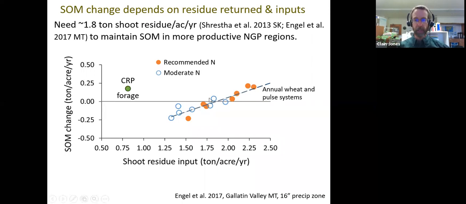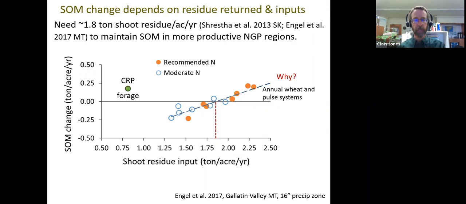All these dots here are for an annual wheat system or wheat plus pulse system like I showed on the previous graph, and notice they fall in a really tight line. What this tells me is that the more shoot residue you leave, the better the chance that you'll increase soil organic matter. And it also looks like the more you apply nitrogen, these orange dots, slightly better chance that you'll increase soil organic matter. Notice that the break-even point here is about 1.8 tons per acre per year. That's quite a bit